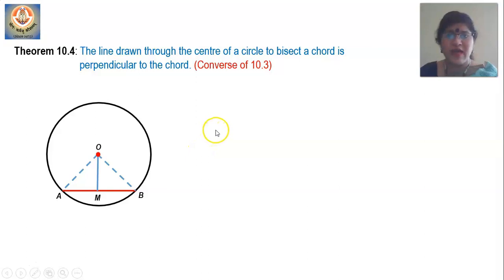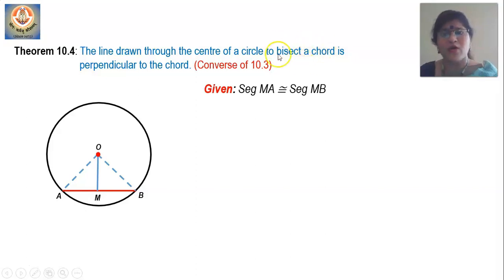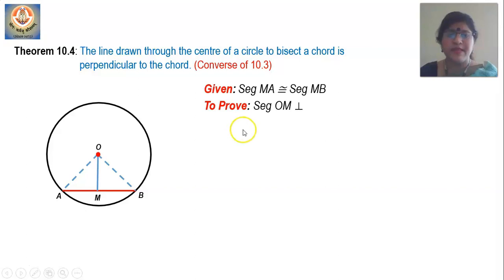Again, begin with given and to prove. So it is given seg MA congruent seg MB. The line drawn through the center of a circle to bisect a chord, that means the chord is already bisected, is perpendicular to the chord. That means you have to prove that OM is perpendicular to AB. So to prove seg OM perpendicular chord AB,